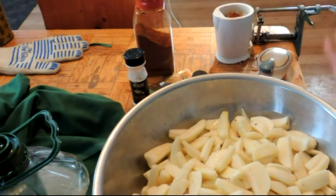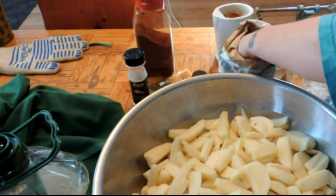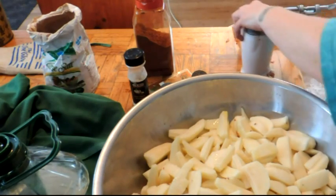Now, because I put cayenne and paprika, I'm not going to put pepper. Besides, Papa always adds pepper anyway. But I am going to use a little bit of coarse pickling salt. Remember, coarse pickling salt, at least this coarse pickling salt, has no additives. And we're just going to